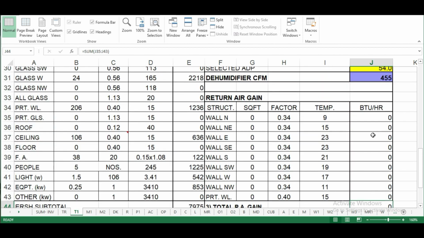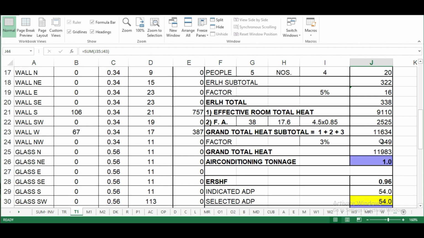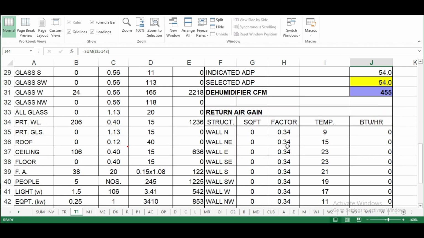In some cases, if you are calculating for individual techniques like some split unit or high wall unit, mostly used in residential purposes. Also in some cases we use cassette units as individual. In those cases we do not need it. If there is a false ceiling level and we are using a cassette unit, in that case we will need the return air to be calculated. Since we are considering a residential project and high wall units, we will not go for the return air gain. In a separate video we will calculate how to calculate the return air gain.